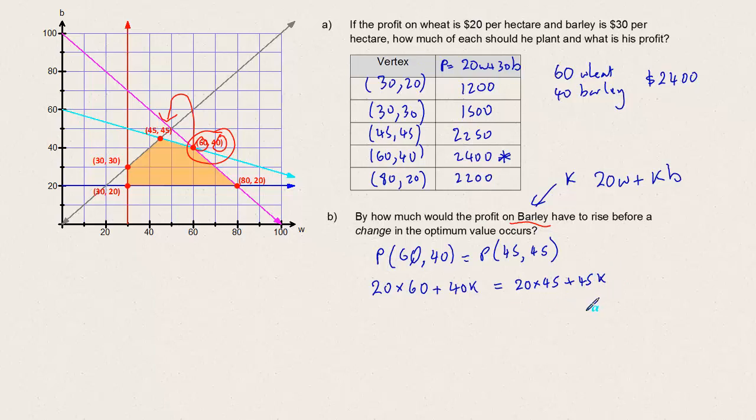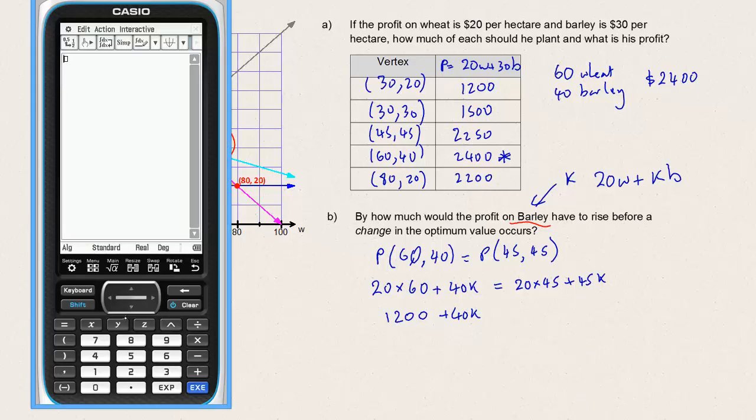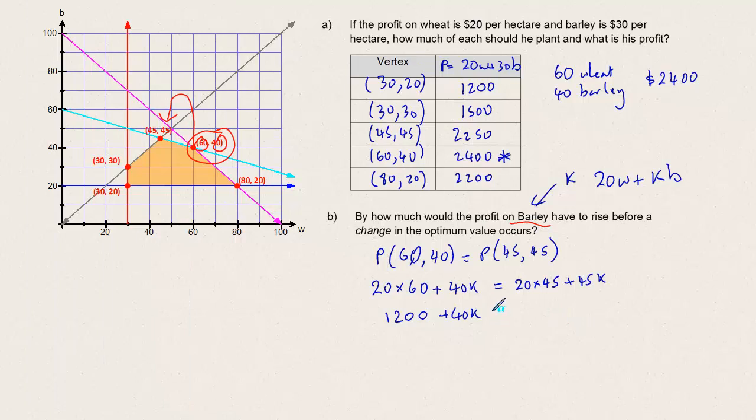And we need to solve this equation. So this is 1,200 plus 40K, and 20 times 45, let's just quickly do that on the calculator. Should be able to do it in my head. That's 900